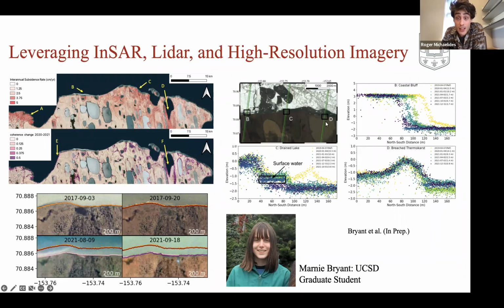But then in these 2 other transects, which are just a few kilometers down the road, so to speak, we can see situations where we have less erosion. We have complicated hydrologic systems going again, that pooling and thermal abrasive phenomenon. And then just farther down here, where we have a breached thermokarst lake, there doesn't seem to be any coastal retreat here. So this is really shedding insights into how complicated this geomorphological process is and how it plays out